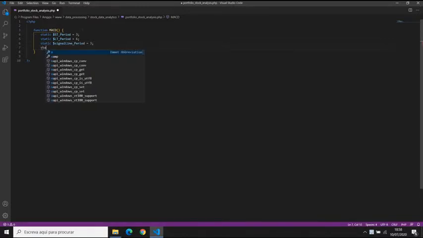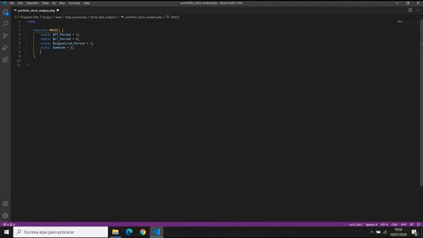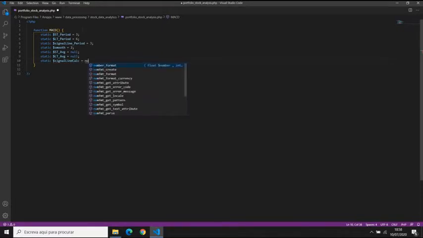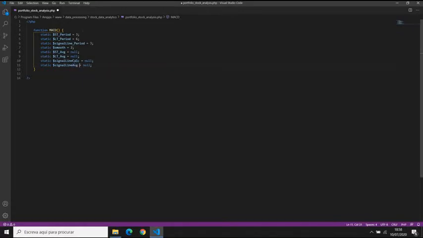I'm going to declare the smoothing factor, which will be equal to 2, a standard value, a variable for short-term exponential moving average, another variable for long-term exponential moving average, an auxiliary variable to calculate signal line exponential moving average, an array to store the last two values of signal line exponential moving average, an array to store the values for the observation period of the signal line,